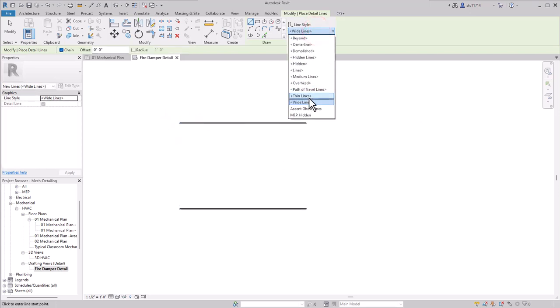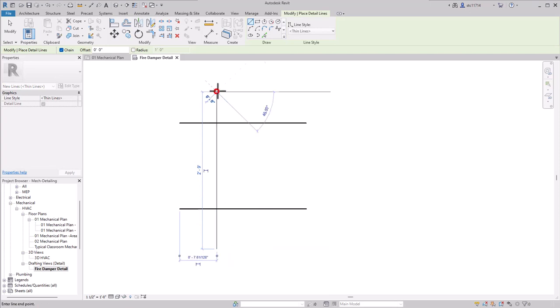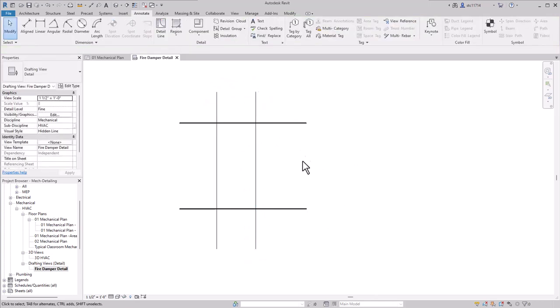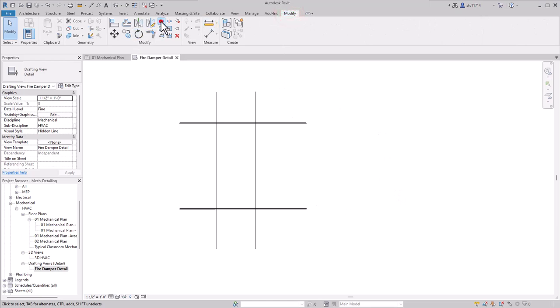Then I'm going to switch to thin lines, and I'm going to draw a couple of vertical thin lines as well. And then these are going to be spaced 8 inches apart. So this will give me a start. I'm not too worried about getting things perfectly centered because I'm going to end up putting some break lines in here anyways. Next, I'm going to do a little bit of cleaning up here. I'm going to split my wide lines here, and then I'm going to use my Trim Extend multiple elements to clean out the middle portion here.